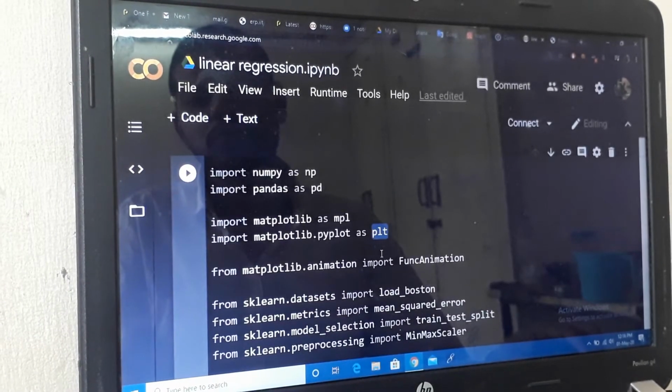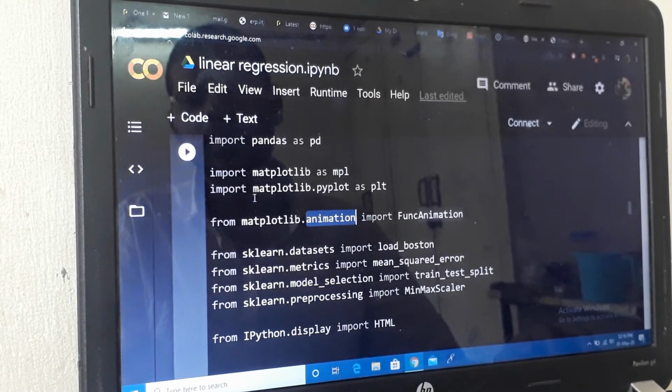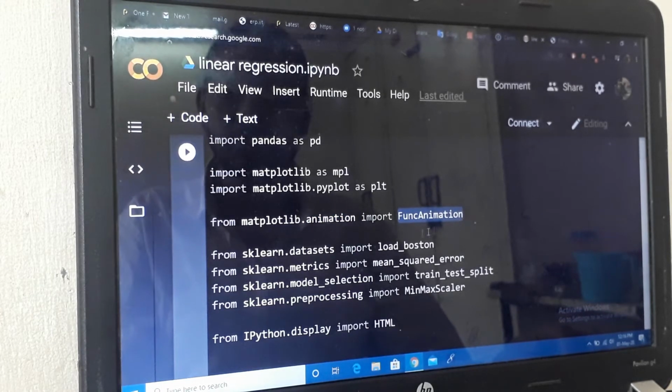If you want to use animation of the graph, and see what the linear line is and what the suitable line is, for that purpose we will import the animation function from matplotlib.